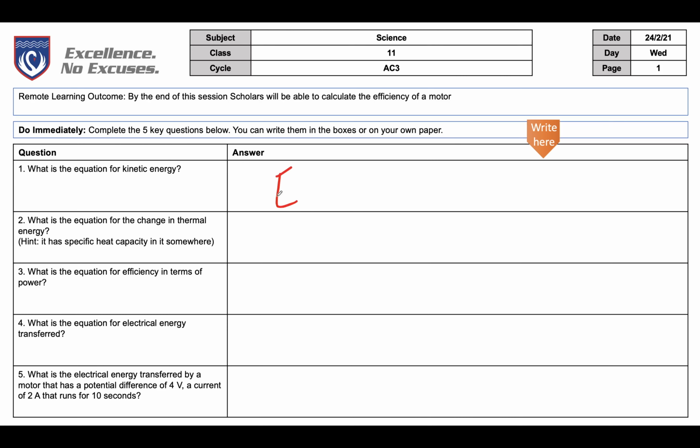Okay, so the first one, what is kinetic energy? The equation for kinetic energy. Hopefully we're familiar with this by now. It's a half mv squared, 0.5 mv squared. Next, what is the equation for the change in thermal energy? Hint, it has specific heat capacity in there. It's going to be a delta E, because it's a change in thermal or internal energy, equals mass times specific heat capacity times the